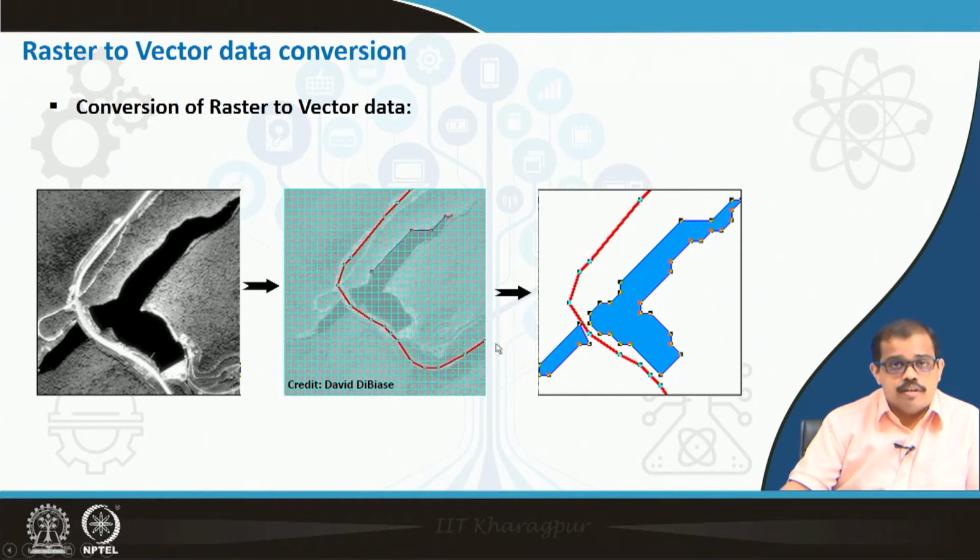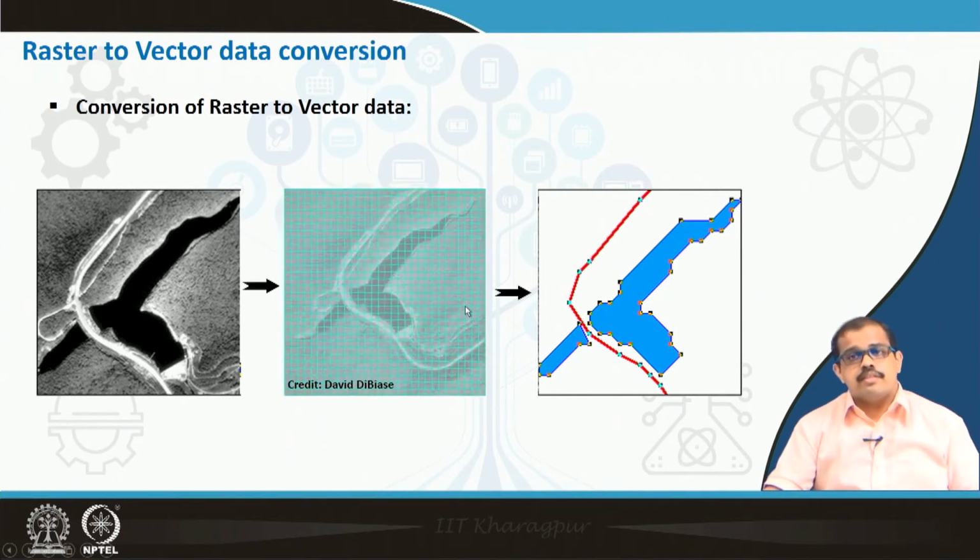Okay. Once you have drawn this particular polyline, then I start looking at the number of points that make a polygon. See, this is a similar point, I am drawing across a similar point. Okay. So, it is a number of polylines forming this polygon. You have another polygon here, detached. Okay. Now, it is nothing but your entire raster to vector conversion. Let me show it to you again.